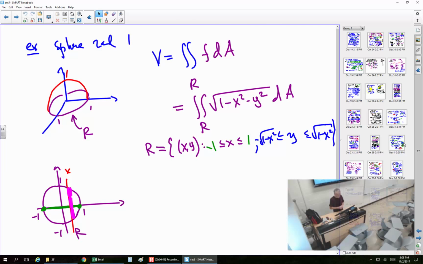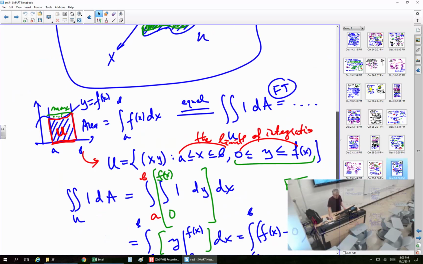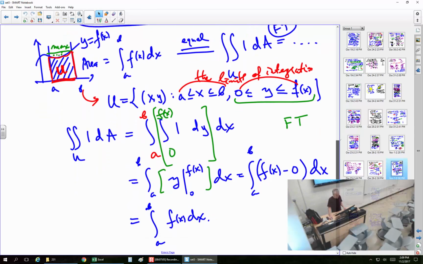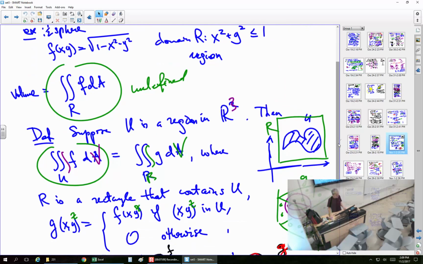So how to evaluate the volume of the sphere of radius 1, not by approximation, but the exact value. I'm not going to go all the way through because, well, as you'll see in a moment. But the point is that where we are right now is Fubini's theorem, which is about converting double integrals into iterated integrals. We did it with rectangles, and similarly in dimension 3 you would do